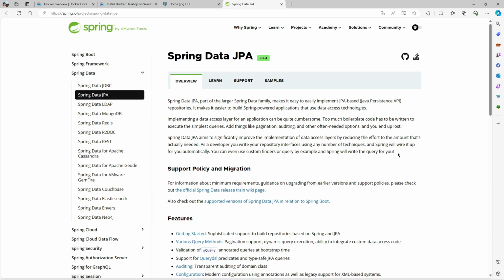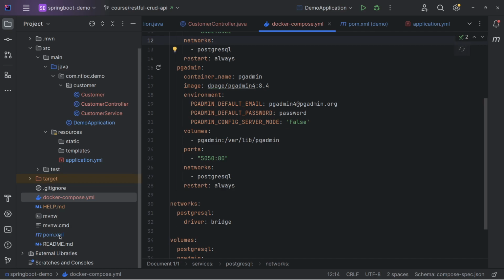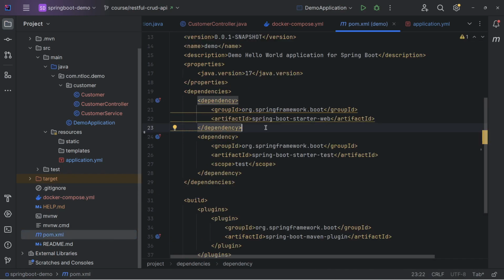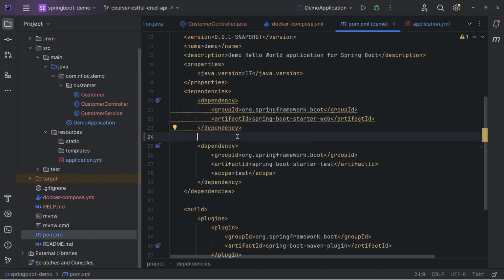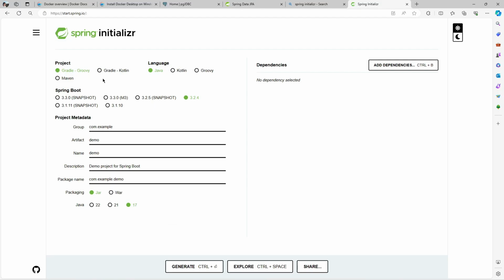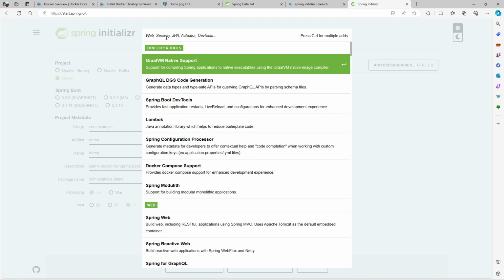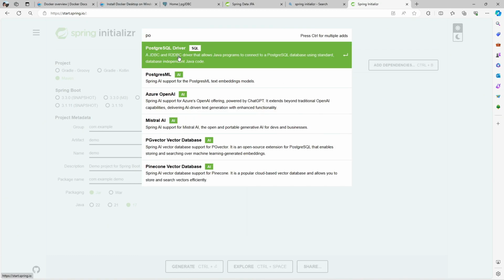Go back to IntelliJ, open the pom.xml file, and go under the starter web dependency. So to add the dependency, you can go to Spring Initializr and pick Maven, and then click on add dependency and type Postgres driver in here.